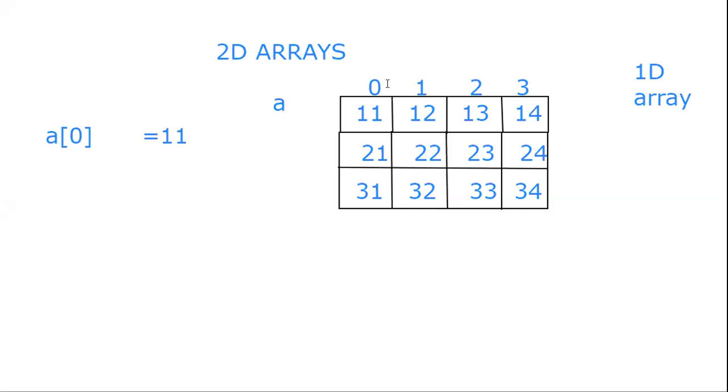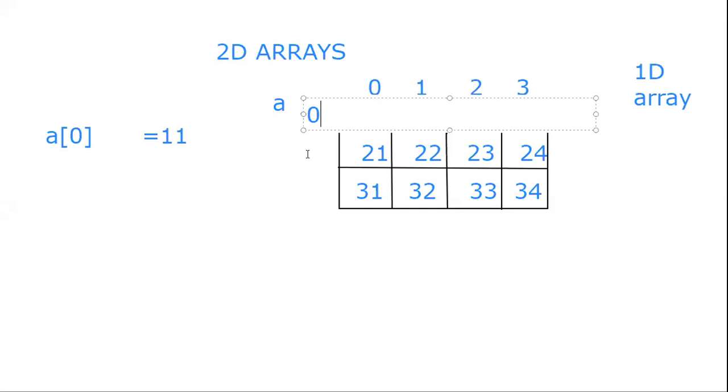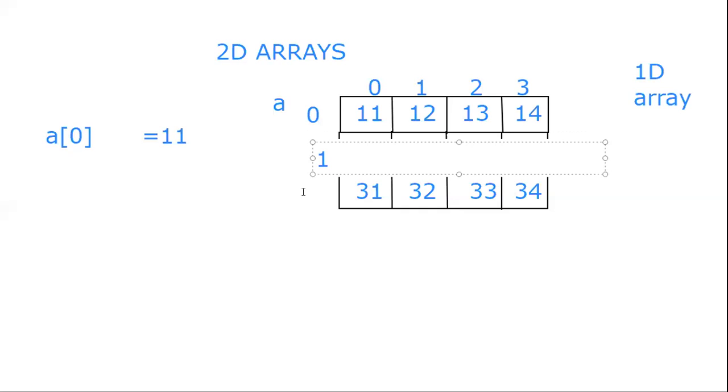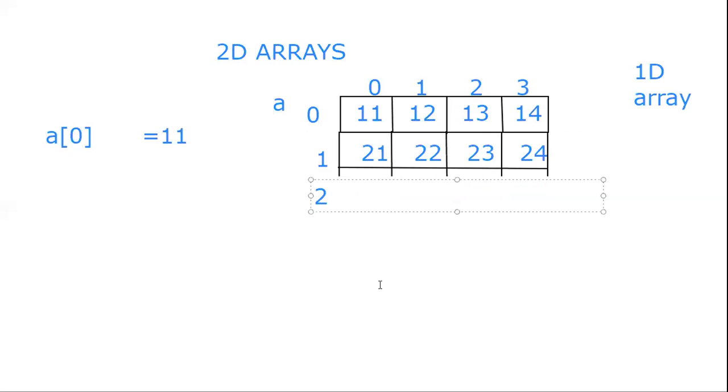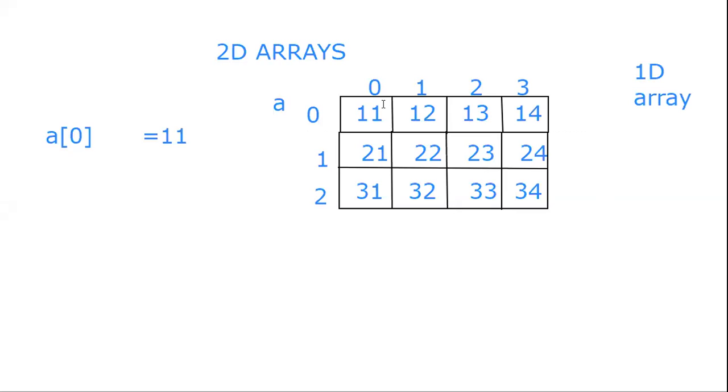Now, like we have 0, 1, 2, 3 index for a one dimension array, for a two-dimension array, we will have row number and column number. So let us say this is 0 and then this will be 1 and this will be 2. Now, how do we represent this? So the first number 11 means it is in the first row and first column. In a one dimensional array, we have seen it is represented by A of 0, right? Now if it is in the form of a matrix, we are going to represent the row number and column number. So what is the row number here?